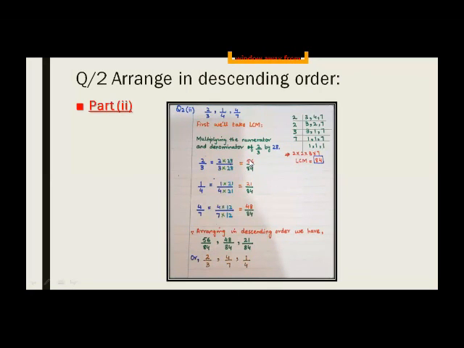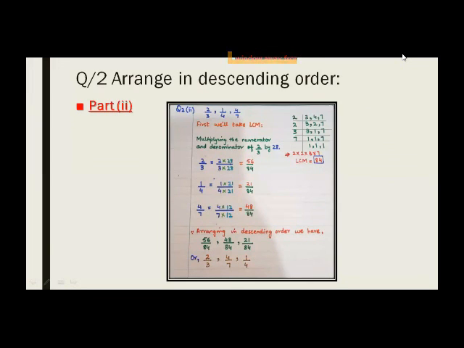So 2 times 28 is 56 and 3 times 28 is 84. Now the next fraction is 1 upon 4. So you will multiply this 4 with 21 to get 84. Here 21 is the number by which you get 84. So you will multiply this 21 in the denominator as well as in the numerator. Now the third fraction is 4 upon 7. You will have to multiply 7 by a number to get 84. So here 12 is the number. 7 times 12 is 84. And then you will multiply this 12 in the numerator also.